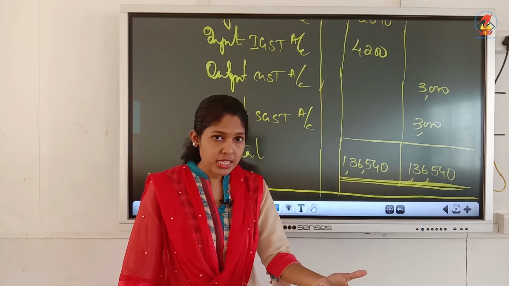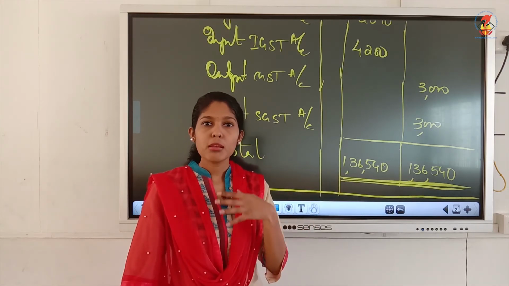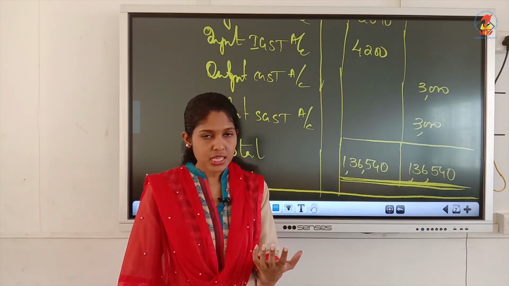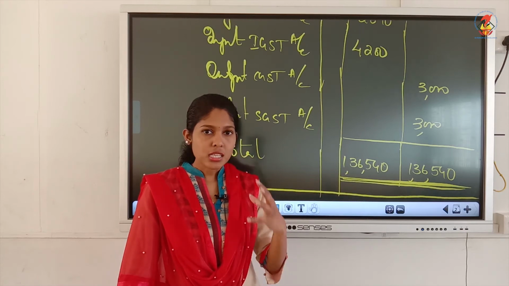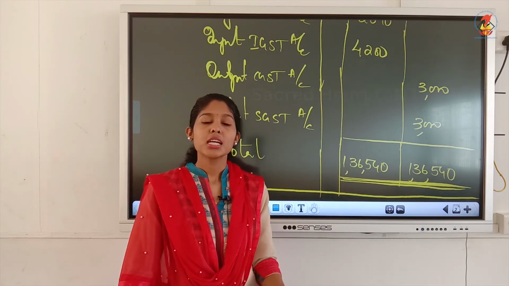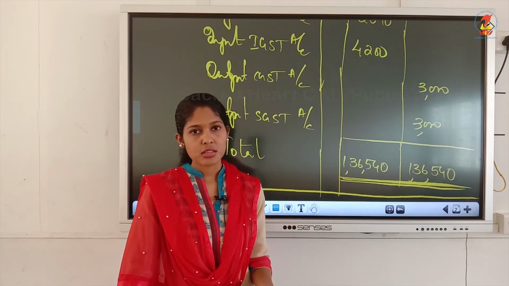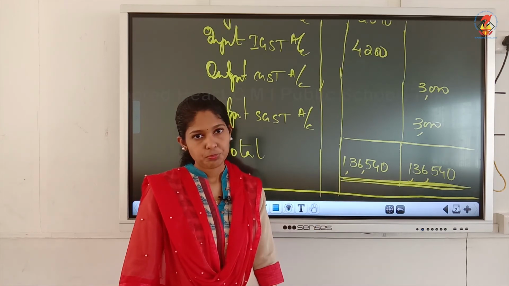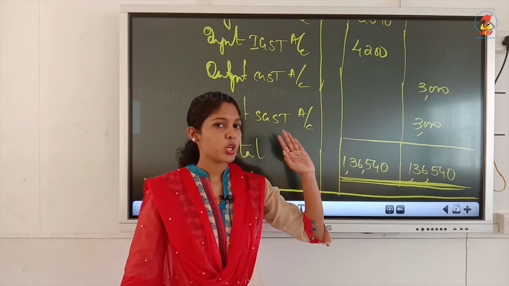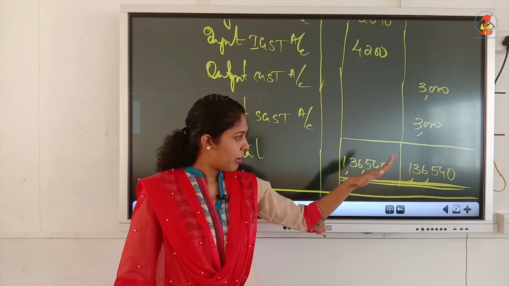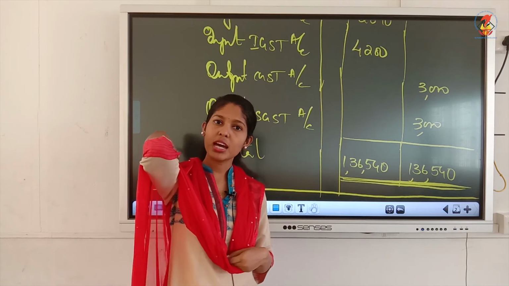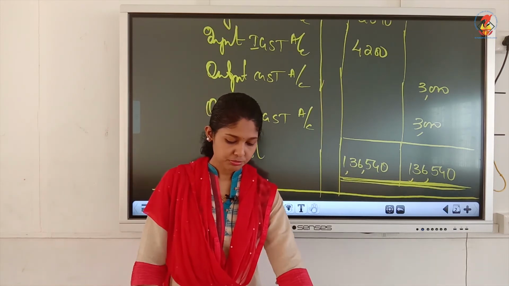When the trial balance agrees, that is a term used in textbooks, it means both sides are equal. So when the trial balance agrees, we can say that it is free from errors to a certain extent, but it is not completely free, because there are chances for errors even when the trial balance agrees. Okay. So this is how you have to do the trial balance. First of all, you must have a heading, then you must have this format, double line the total. So it's very easy, you just have to see on which side we are writing the brought down figure.